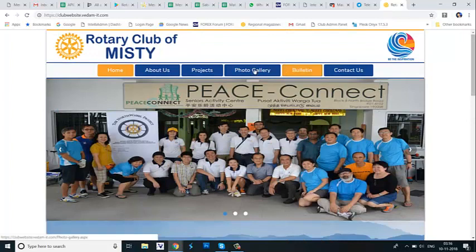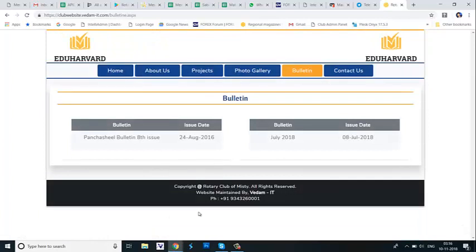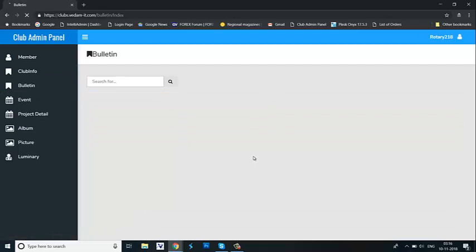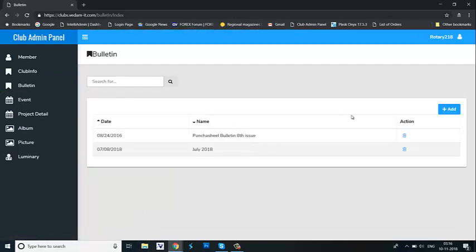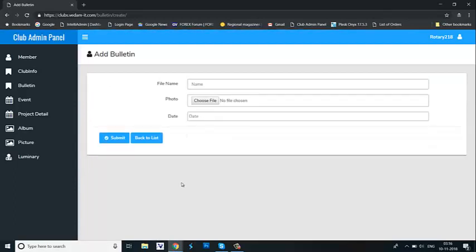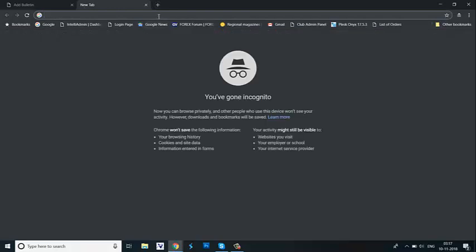Now you need to update, let us say, bulletin section. How to do a bulletin section? Now you can add bulletin. Click on add. Now you have to be a little careful here adding bulletin. Many times people try to upload a very large bulletin and the server may not take it, or it will be too slow in uploading as well as downloading. So people won't like it if the file size is too big. So what we do is